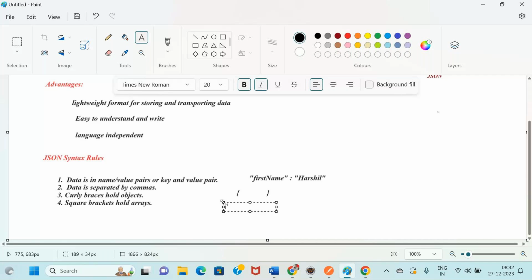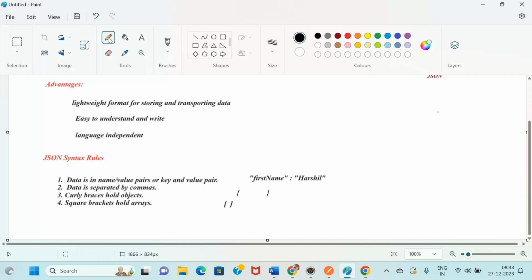This is an opening bracket, this is a closing bracket. The comma separation I already told you. This much is understood, right?